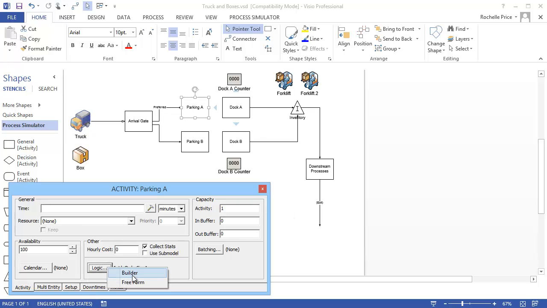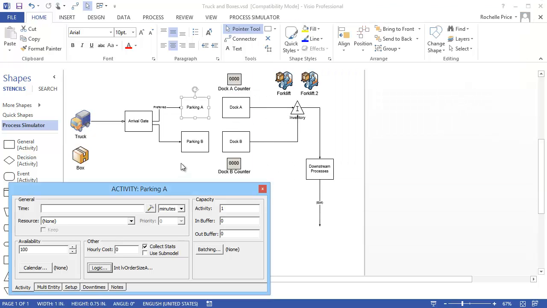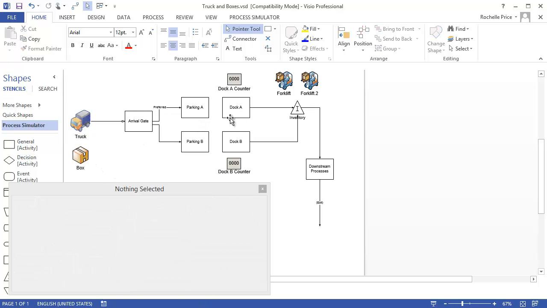So if we look at the logic here, we can see that they're issuing an order statement, ordering boxes to dock A. Then they just wait at this parking area for those boxes to be unloaded before they move on. And the same logic takes place at parking B. In this particular model, though, all of the boxes that are coming into dock A and dock B are of the same type. We want to use a user-defined distribution as a lookup table to randomly assign attribute values to